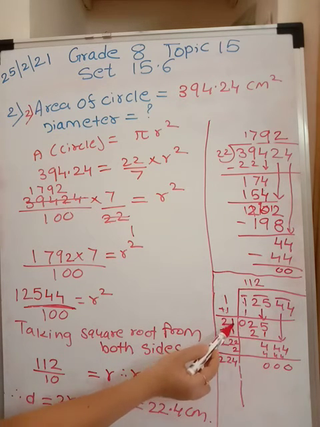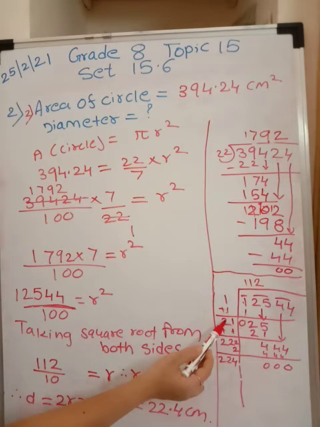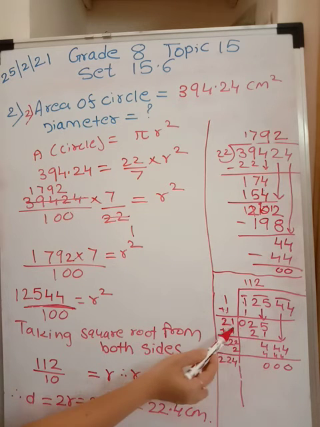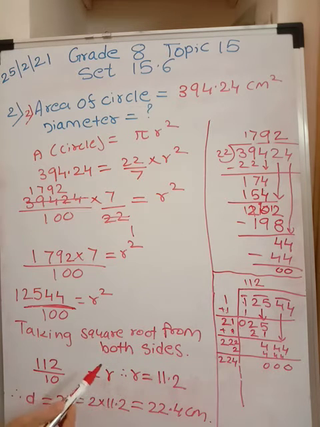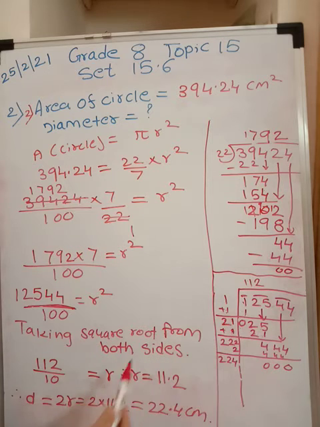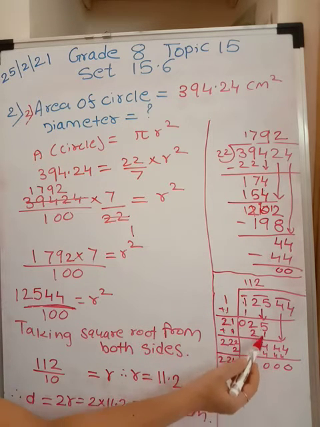Now after this 2 you add a particular number, so that after multiplying this number to both these numbers, you have to write the answer over here. 1 ones are 1, 1 twos are 2. And then the same number you have to add over here. Again plus 1 I have done. If I would have taken 2 and 2 over here, 2 twos are 4 and 2 twos are 4. 44 would be greater than 25. So I have no choice rather than taking 1. So now I have 22 and here I have 4 remaining.